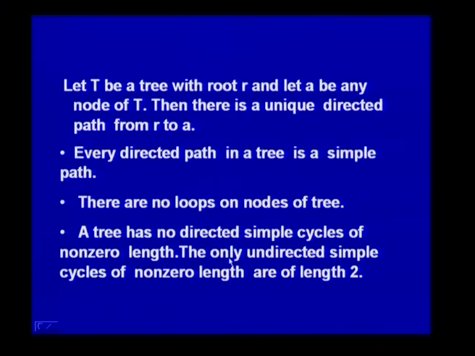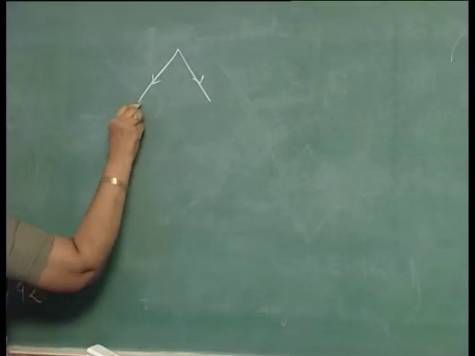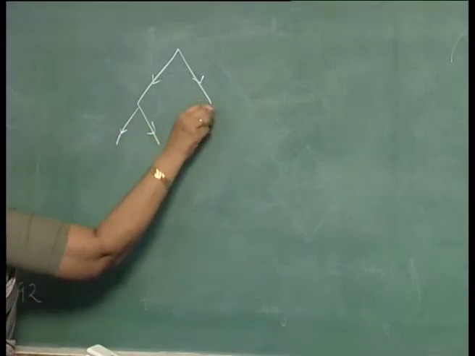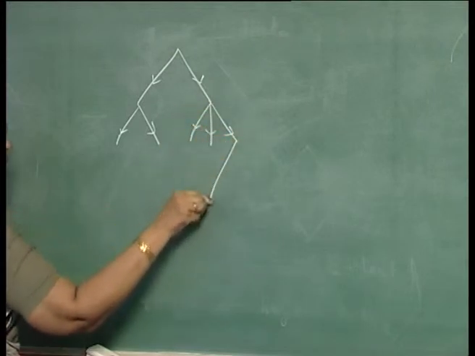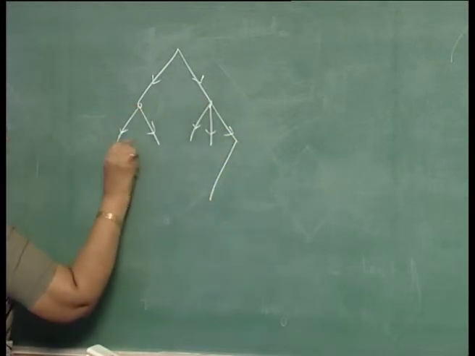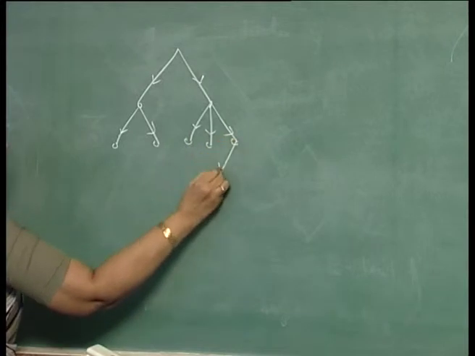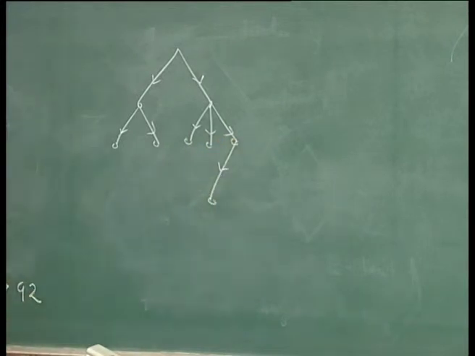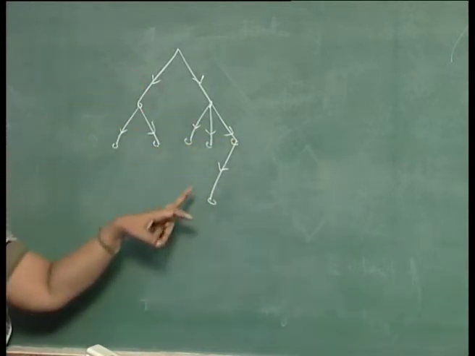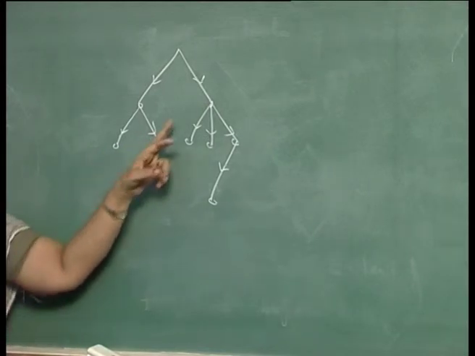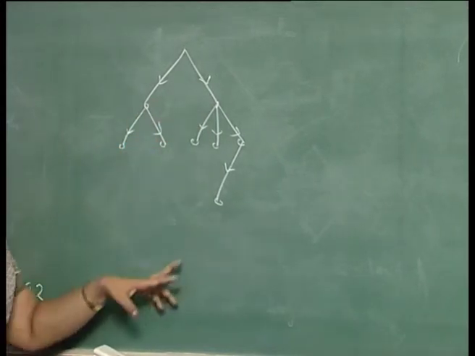So, if you have a tree like this, and usually we do not write the direction of the arcs explicitly, but suppose you also draw the arcs. Look at this, every path is a simple path, and there are no self loops, there is no directed cycle,